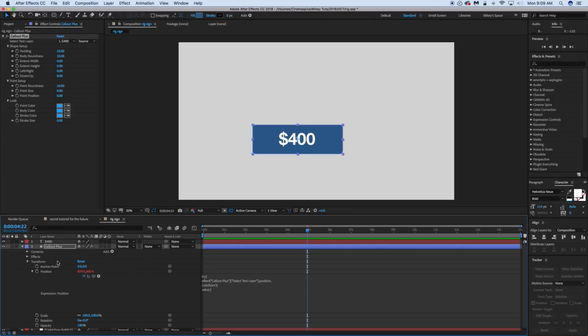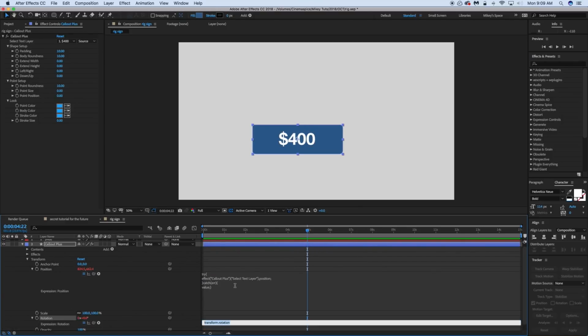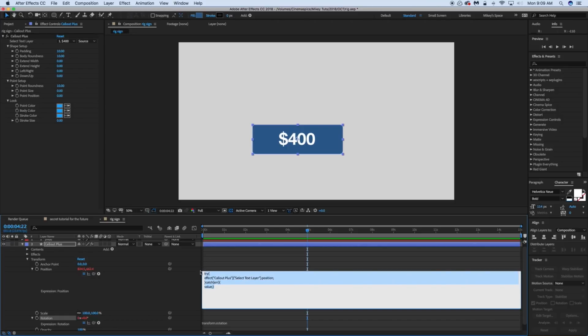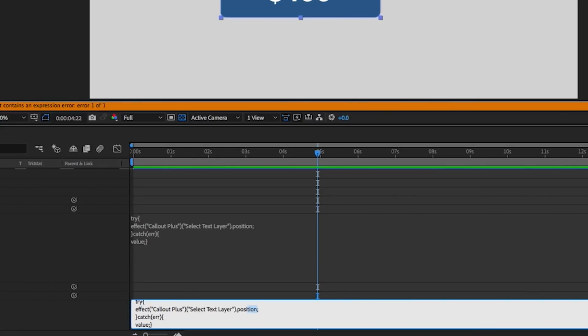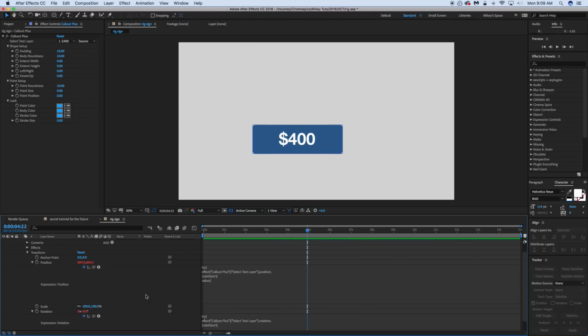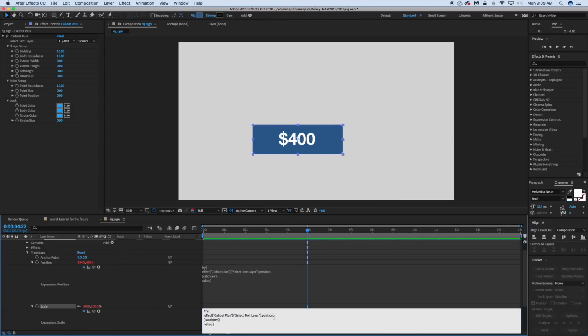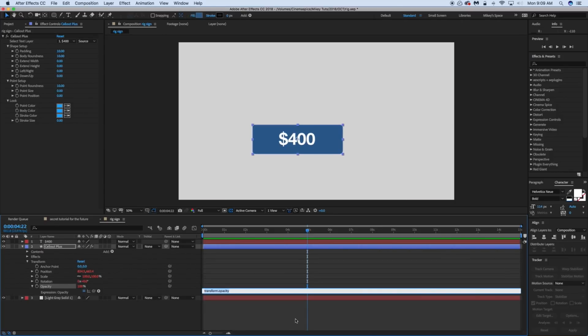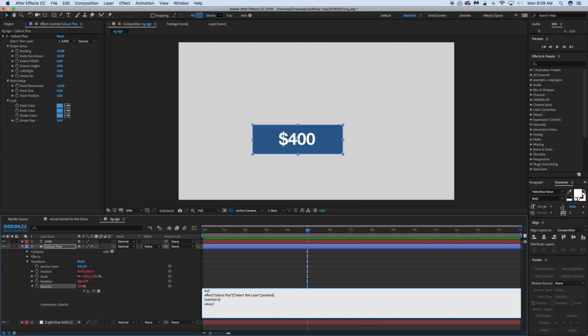The next thing is, let's go ahead and put in a rotation and scale as well. So I'm going to just copy this whole thing, paste it, and instead of position, let's write rotation. Perfect. Scale, same thing. Instead of position, let's write scale. And if you want to change the opacity, we can do that as well. Instead of position,